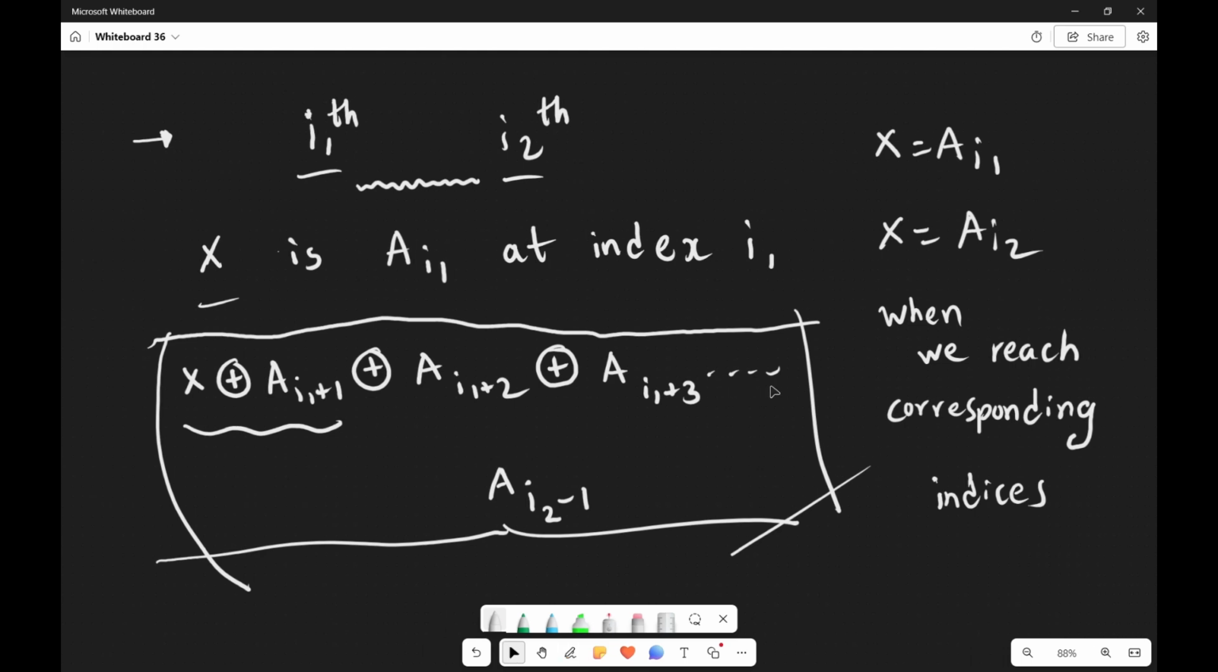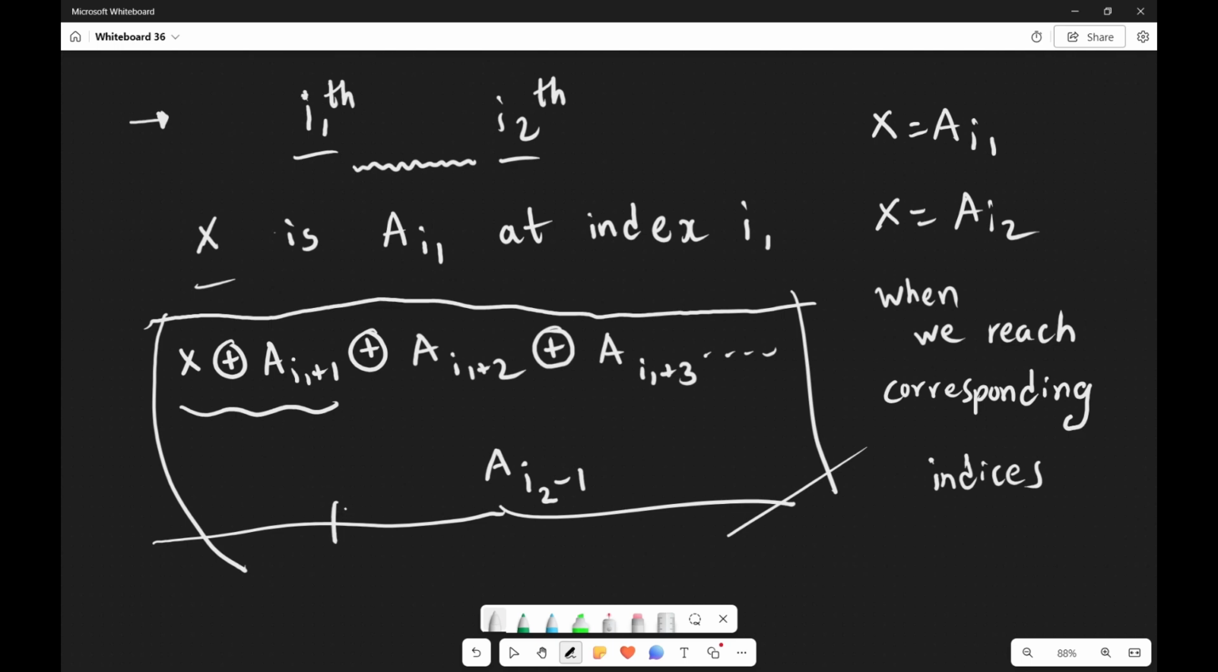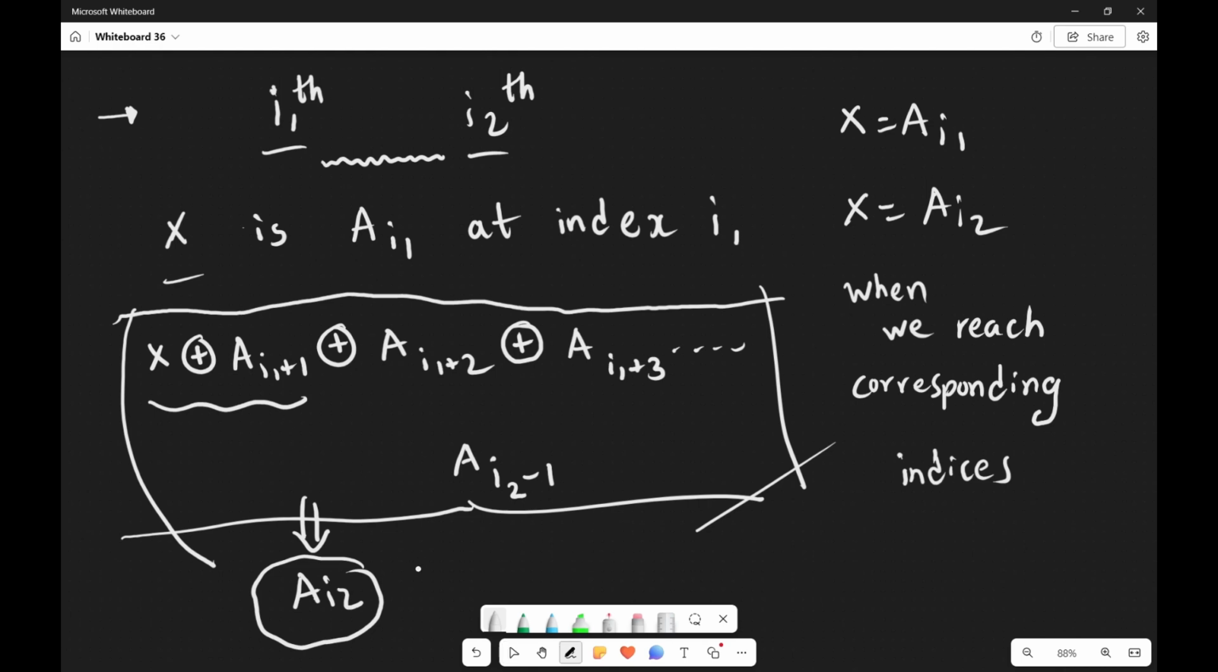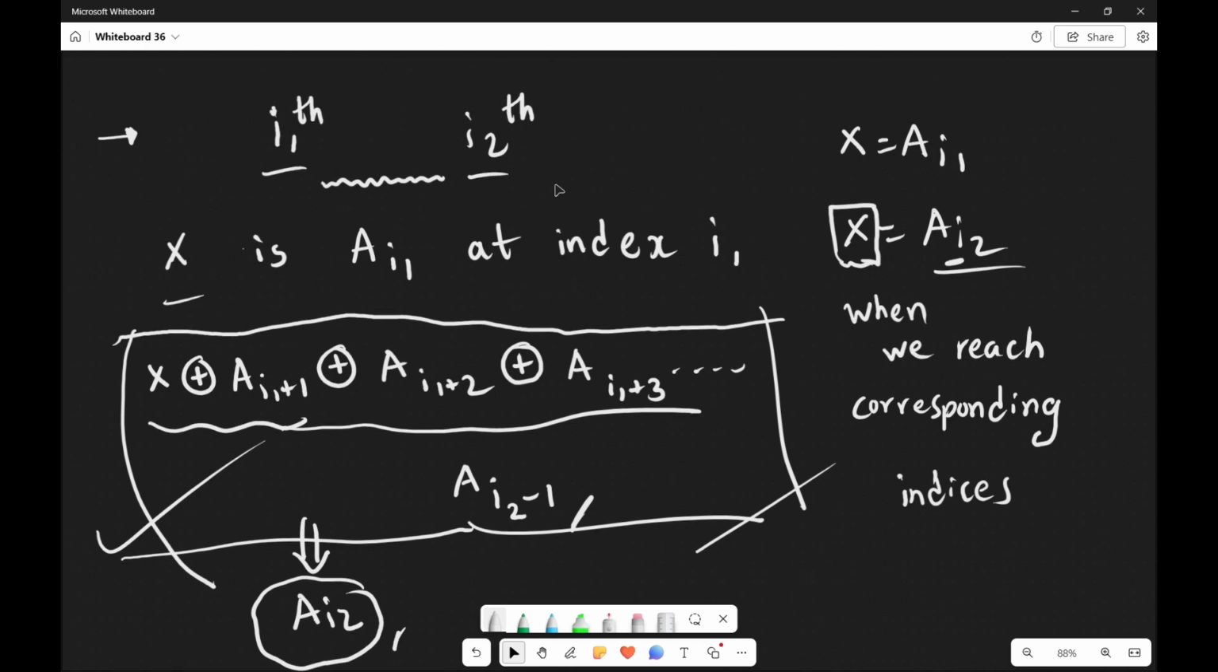So yes, what I can see is that this whole thing is equal to a of i2. Do you agree with me? Yes, you definitely do, right? So this whole thing should be a of i2, because at a of i2 our modified x, so this is basically the whole modified x, this big thing. Okay, so this modified x will be a of i2, and if it is a of i2,